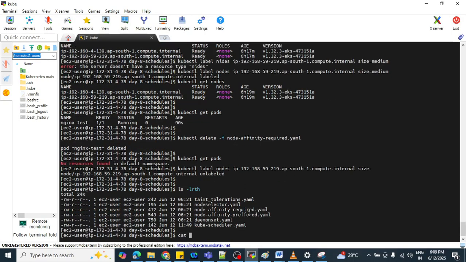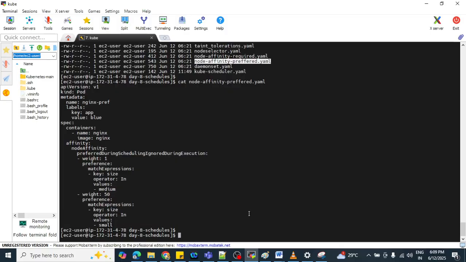Now let's try to run the second one, that is called preferred. Here what we are saying is that in the preferred, try to search for the matching label, but if you haven't found any matching label, small or medium, no problem, schedule my pod on any of the nodes. So how are you going to run this? Kubectl apply -f.